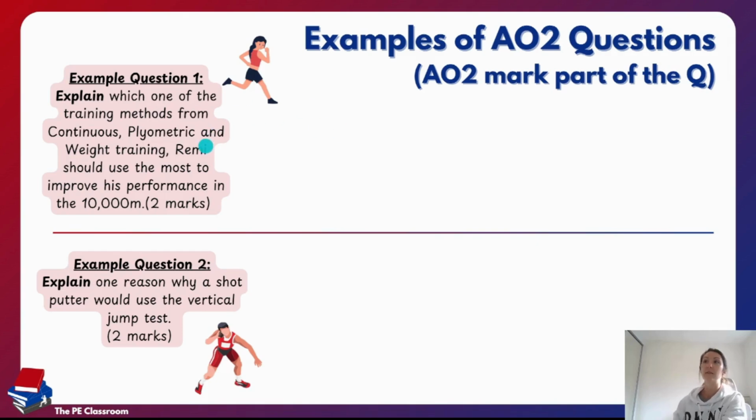So the first one says, which one of the training methods from continuous, plyometric and weight training Remy should use the most to improve his performance in the 10,000 metre race, for example. The difference between these two questions to the ones previously is obviously it wants you, before you can make an assumption and say which one is most relevant, it's asking you to kind of show your knowledge of these methods of training. So that's how you're going to have to answer them first. Okay, so